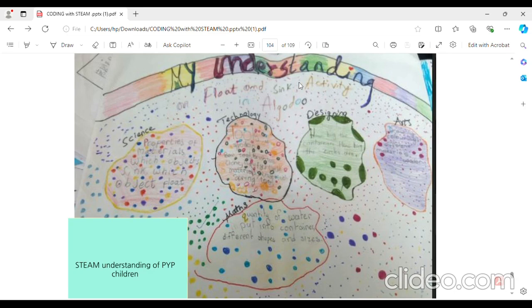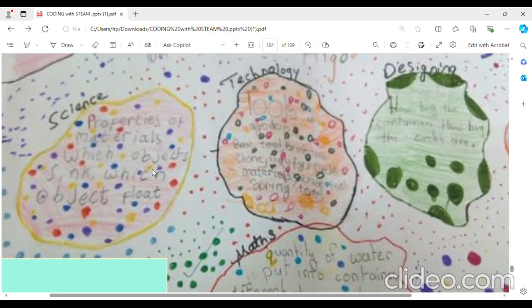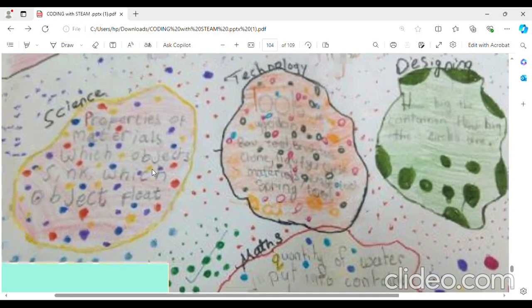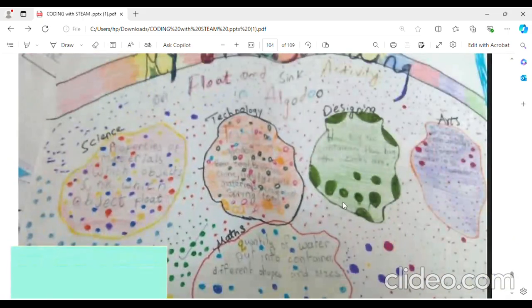So let us see the understanding of the students after doing this activity. Under that, they will be writing the feedback, their understanding, in this way. In science, they are trying to write the properties of materials. They are trying to understand the different properties of materials, which objects sink and which objects float. Whereas in technology, they are trying to understand the tools which are used for drawing or cloning, putting different materials, and the sorting tool, and designing how big the container should be